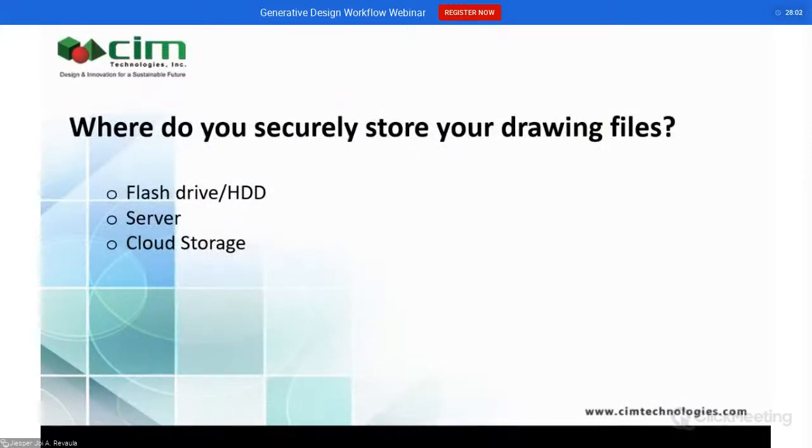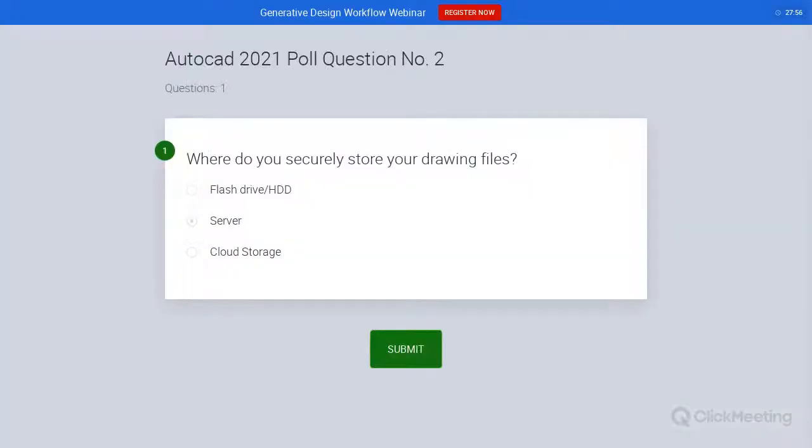Okay, so for the next poll, the question is, where do you securely store your drawing files? So it could be in a flash drive, HDD, server, or your cloud storage. Okay, so just pick one for this poll. All right. Okay, so with that poll,